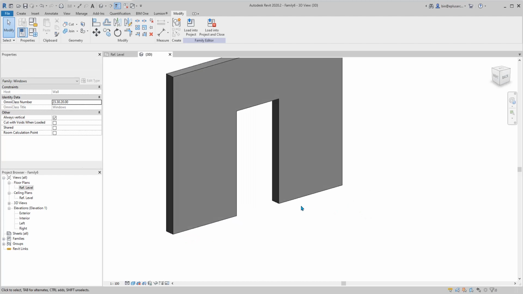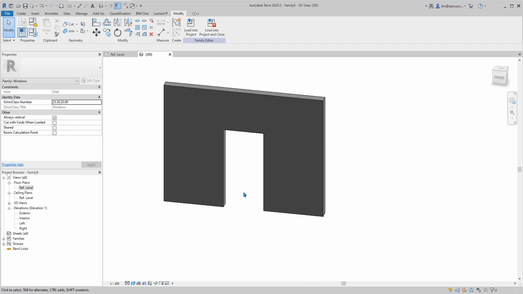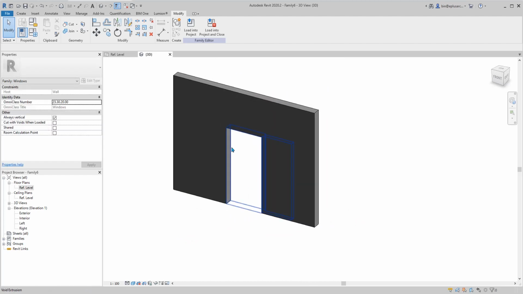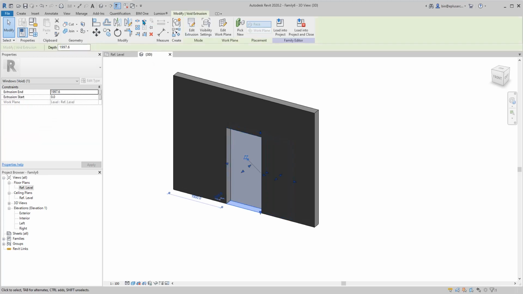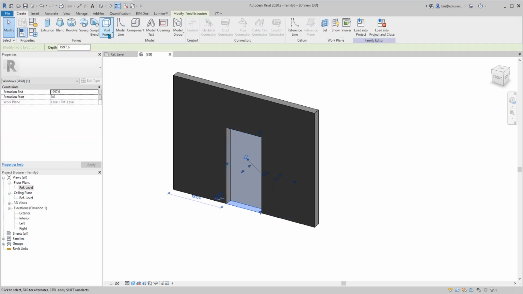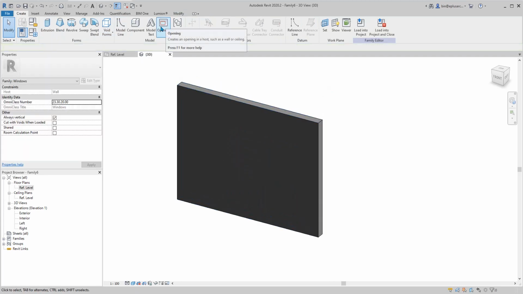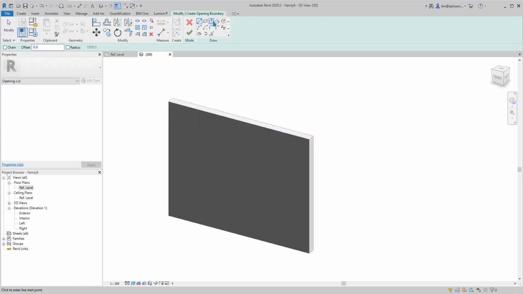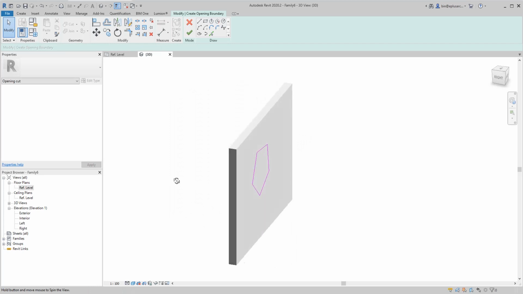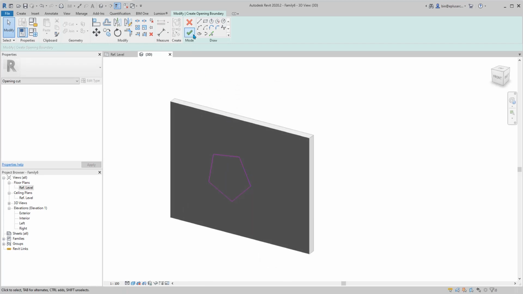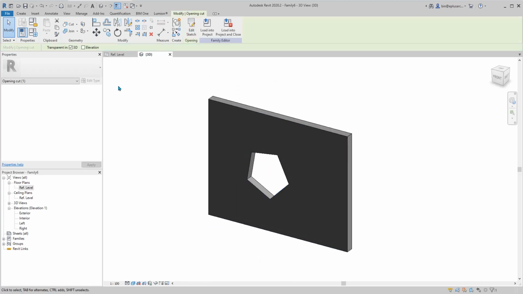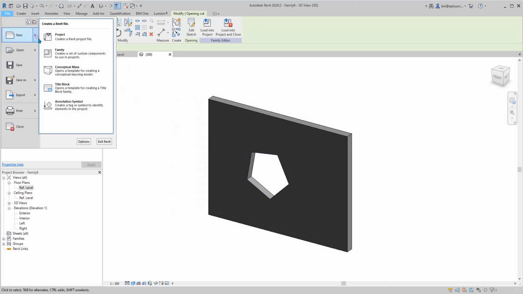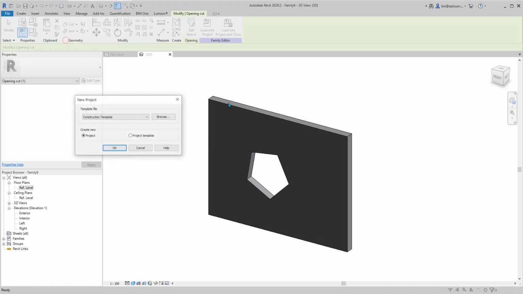Okay, so this is the difference between using the void here and the opening. So let me just use opening, that's the most common one in windows. So I'm going to show you some examples